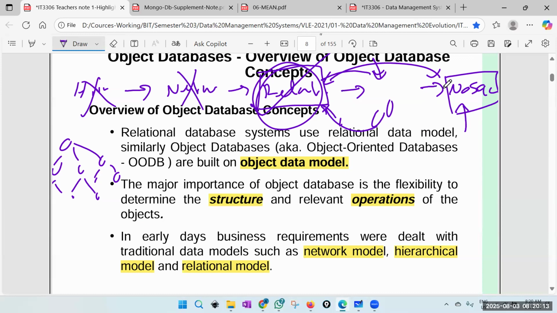Okay. So we have dominant NoSQL, like MongoDB. We have dominant relational databases like Oracle, but there's nothing called a dominant object-oriented database. So that is another reason why people use object-oriented databases less. But this is evolving. And also we can use a bit of object-oriented in NoSQL also. So therefore, we are going to look at the theory part. And the theory part is pretty easy because we have already done object-oriented